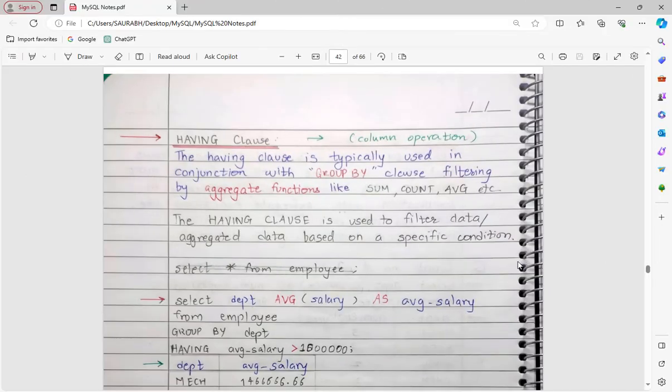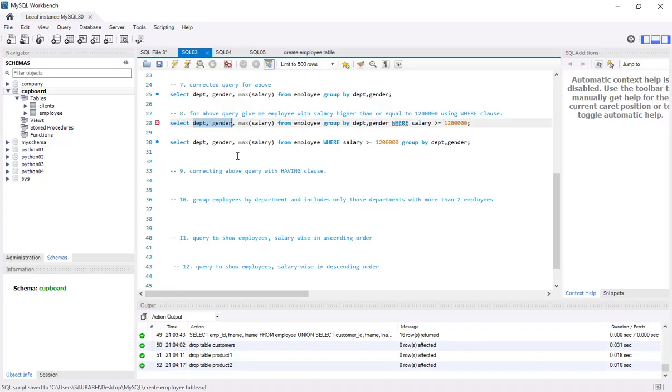Okay, so in the having clause, before starting the having clause, we will see what we did in the last session, which was the group by clause. In the group by clause, the select statement, whatever we select, these are the columns that we want to see. If we run this query,